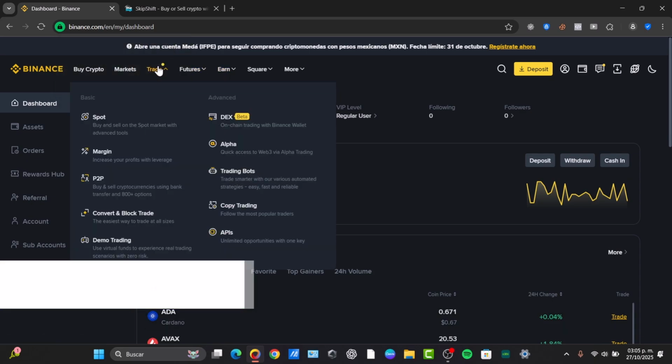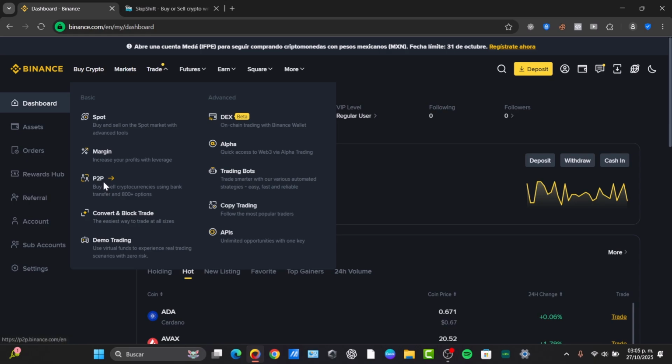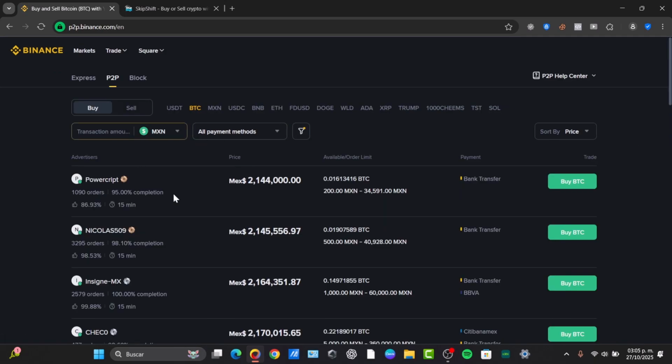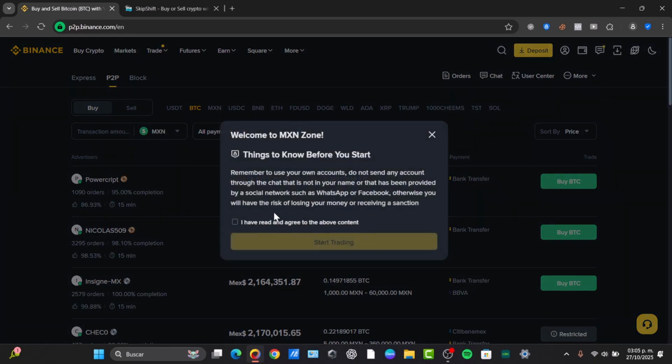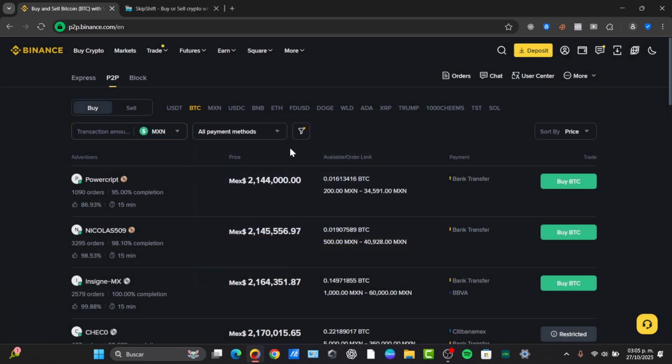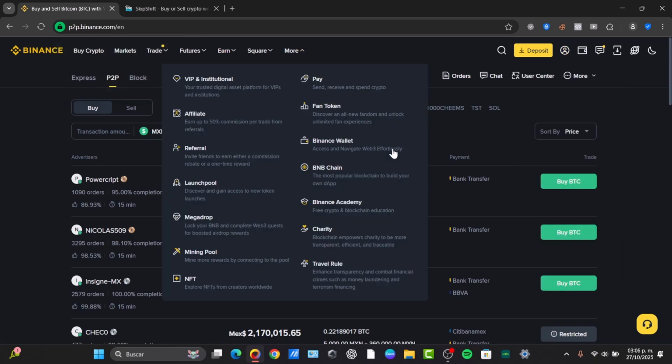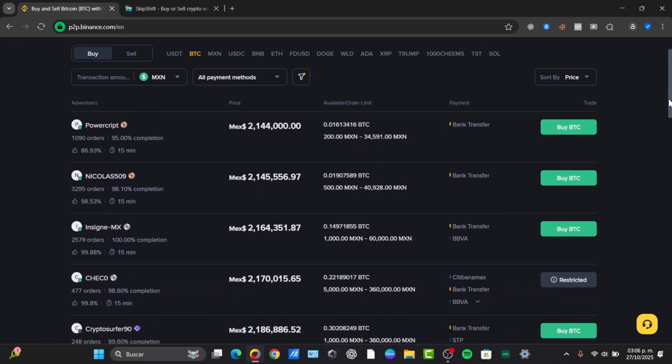You go for the option that says trade and look out for the option that says peer-to-peer. Now there are a few limitations with this, and one of them is that in order to start trading, you need to have an actual verified account. To verify your account, you need to make sure that you have entered a government issued ID, including your face ID. This might take a few minutes, and this one does not guarantee